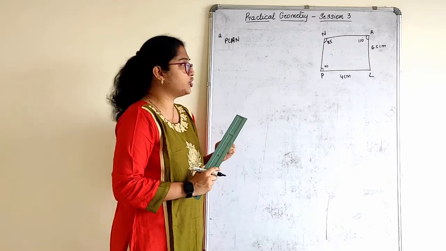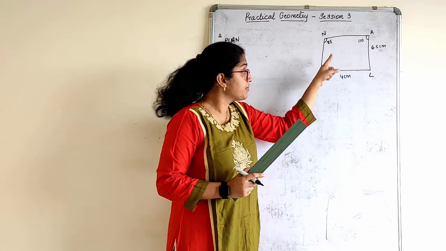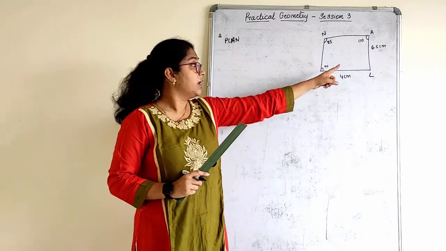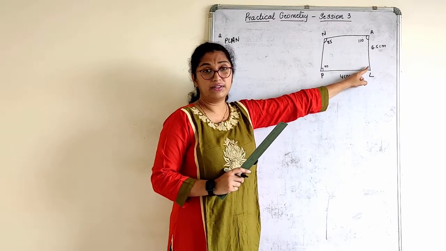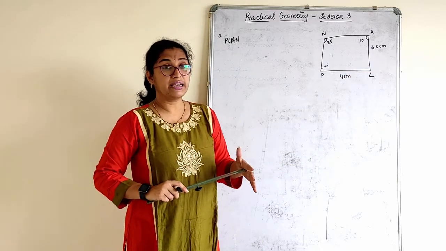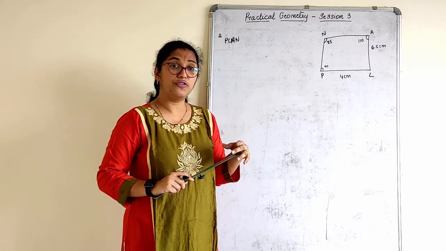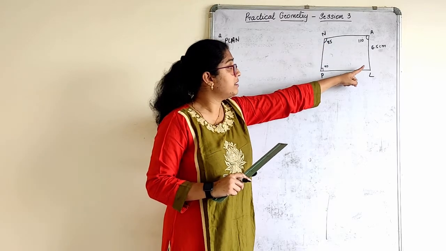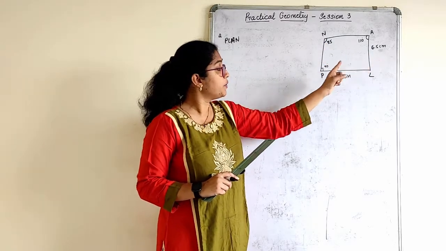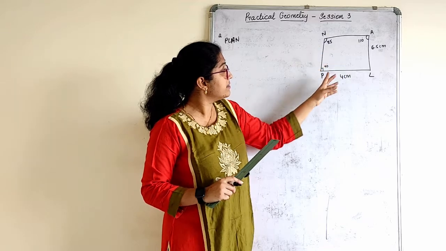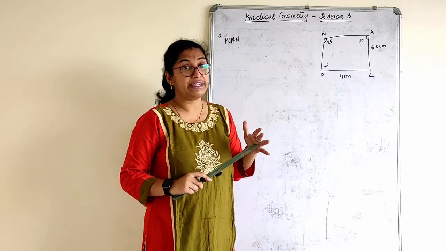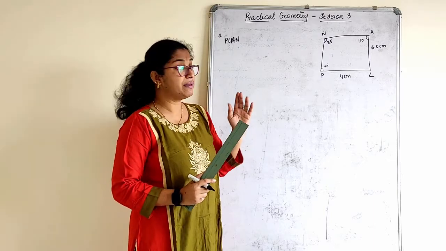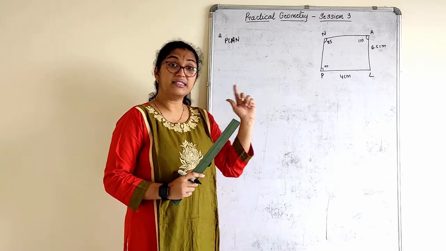Otherwise, always remember children, here how many angles are given? 1 angle, 2 angles, 3 angles are given. It is a quadrilateral. How can you find the fourth angle of a quadrilateral? Angle sum property. Using angle sum property, can we find the fourth angle of a quadrilateral? Yes, we can find. How? 90 plus 85 plus 110 plus L is equal to 360. Therefore, angle L is equal to 360 minus these angles, you will get 75 degree. Now, first of all, let us see with the given data can we construct, because 5 parameters are there, 3, 4, 5. Is that sufficient?